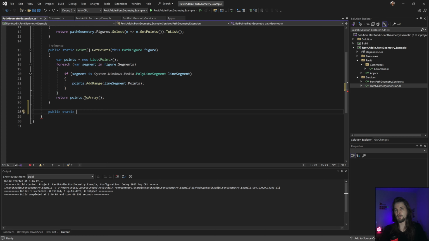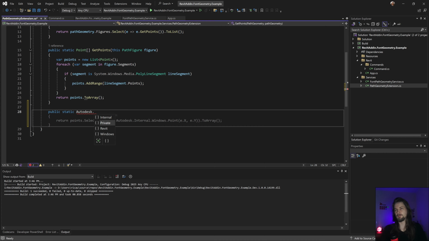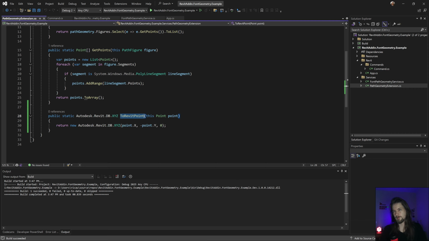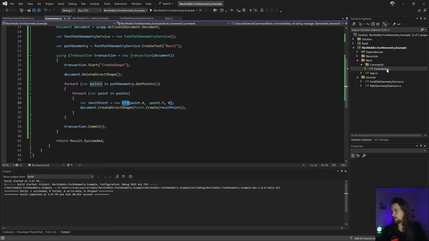That's a bad one. So Autodesk dot Revit dot, yeah, I need this one. To Revit points. To Revit XYZ. Yeah, this one. Great. And now we have all the basics.